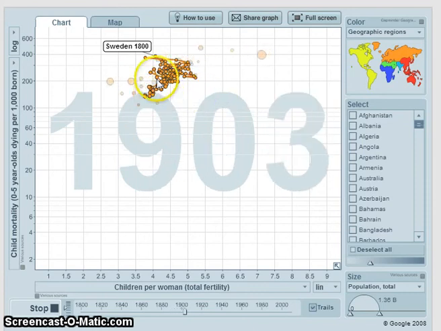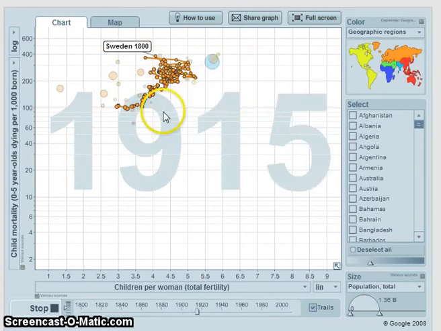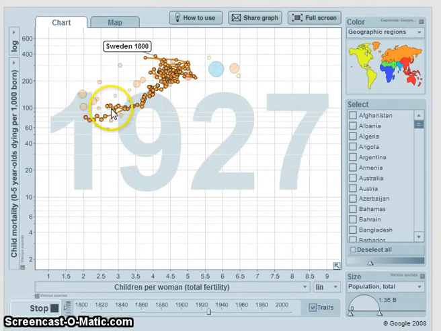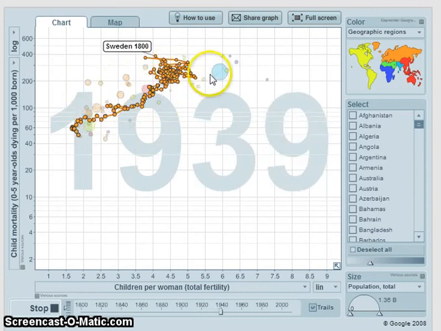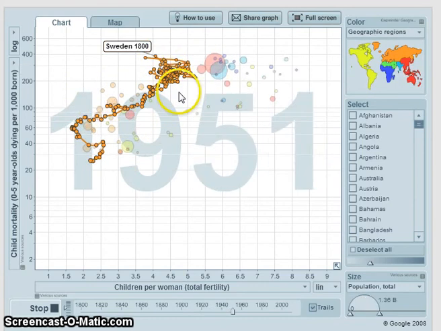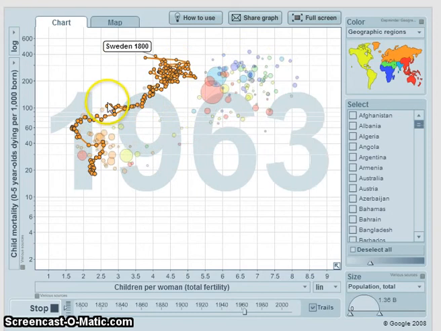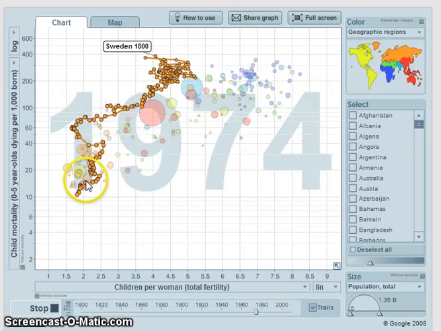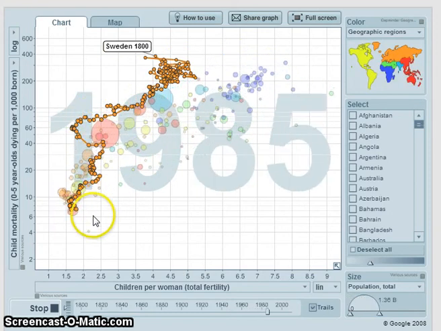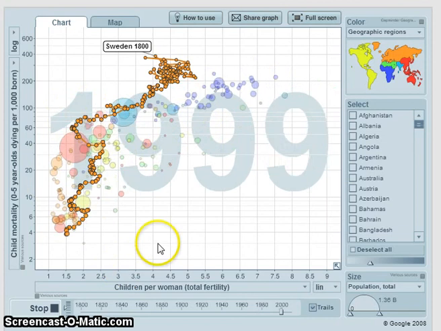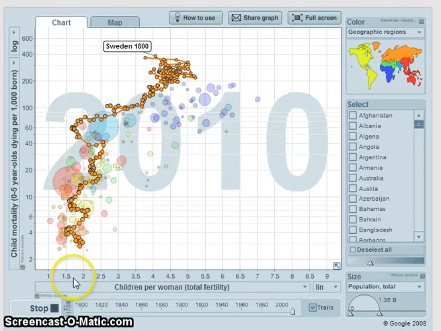But I noticed that overall, just looking at it within like a 2 to 3 year span, there's not really any sort of pattern up here. It's only until you get to here in the 1900s that there starts to be some sort of pattern, and it starts getting down here with this big group. So I just found that overall very